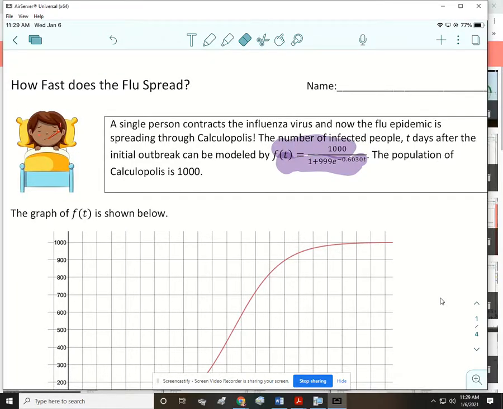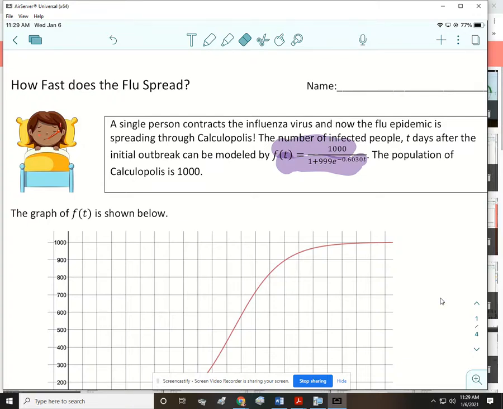Right, so we're going to start off this lesson about the second derivative test by talking about how viruses spread. A single person contracts the influenza virus, and now the flu epidemic is spreading through Calculopolis. The number of infected people 2 days after the initial outbreak can be modeled by that function, and the population